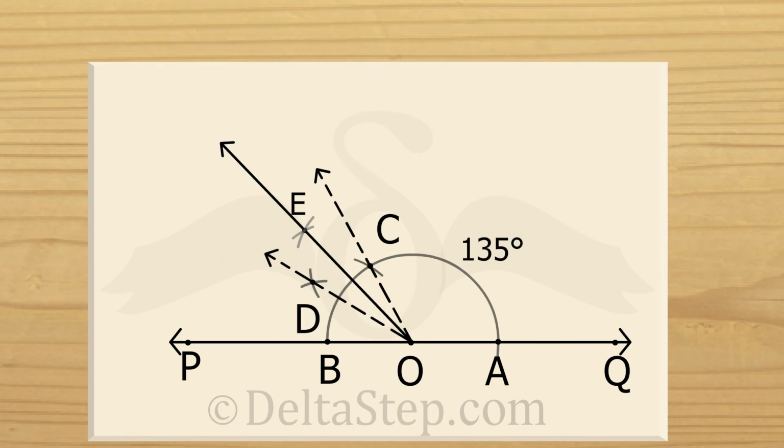So you see that there are different ways of constructing the same angle. For any given angle, you need to break it down to the known angles, that is 60 degree, 45 degree, 90 degree, and you need to see the sum of which two angles gives you the required angle and do the construction accordingly.